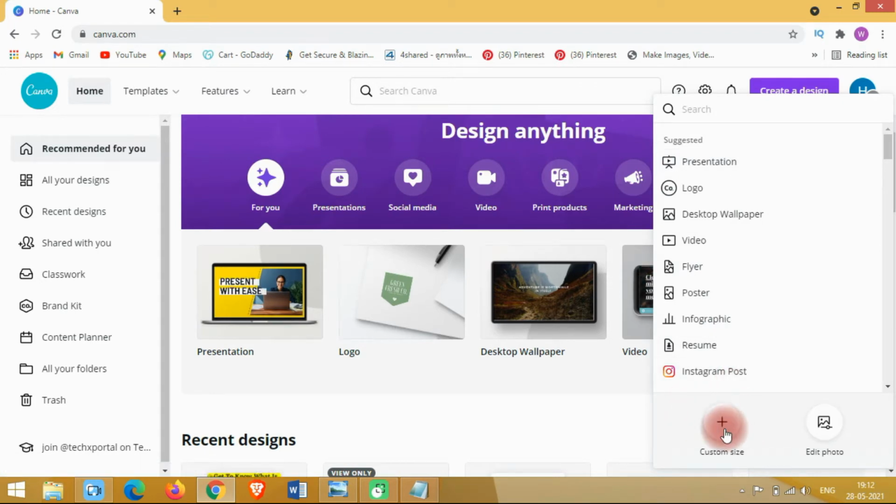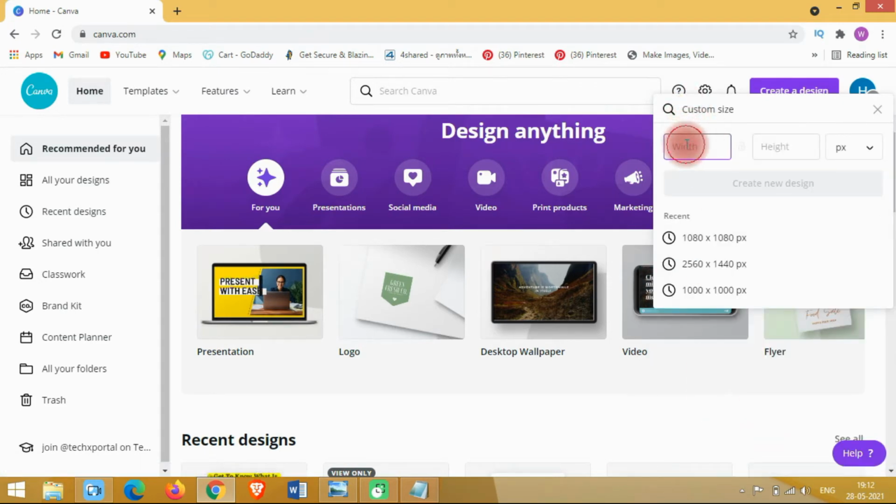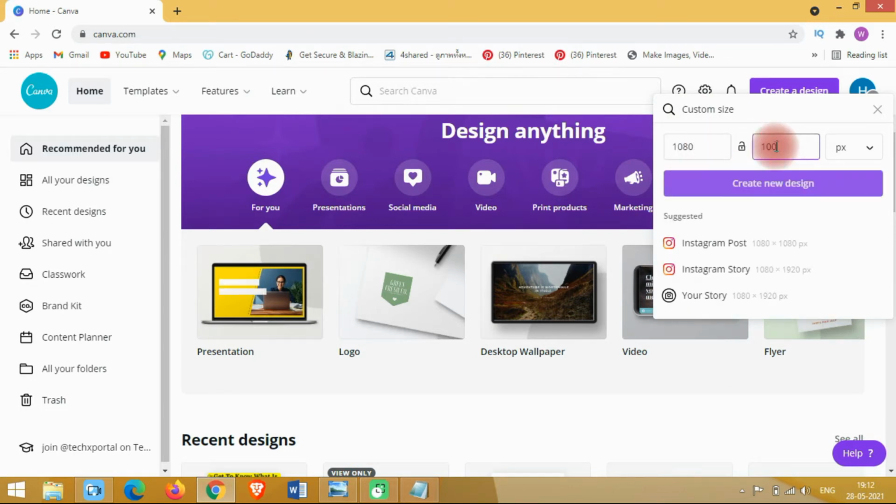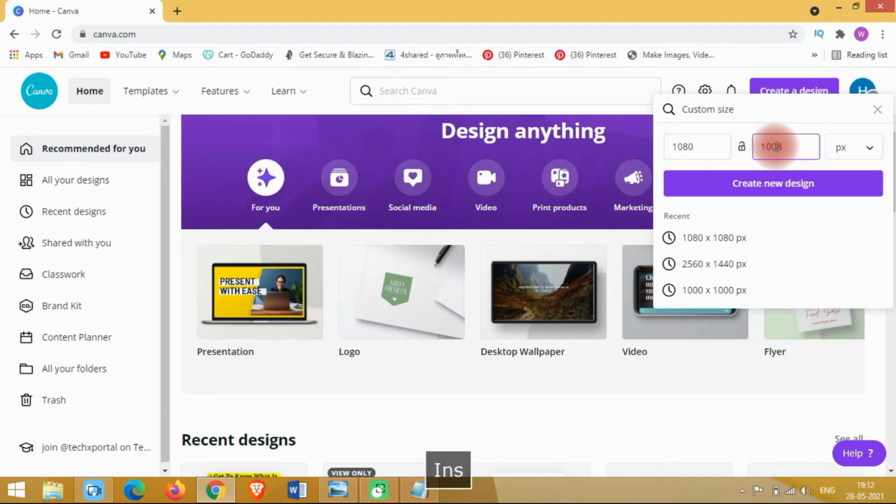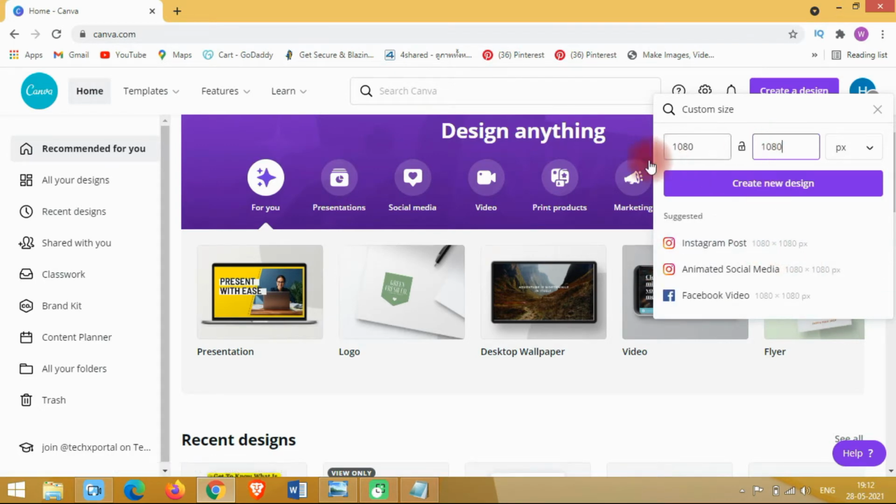Click on this, and for width and height I will select 800 and 800. I will be selecting this size because it is valid over the whole social media platforms, whether it is Instagram, Facebook, LinkedIn, etc. So I will be choosing this. I also recommend you to choose this size. Then simply click on create new design.